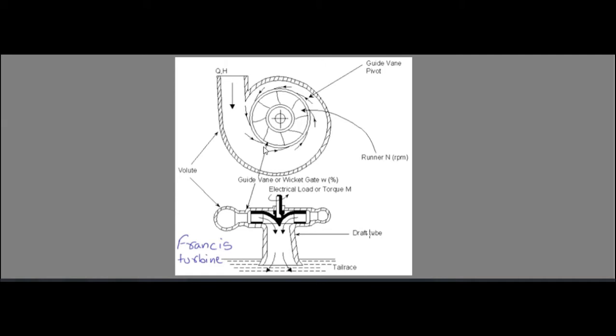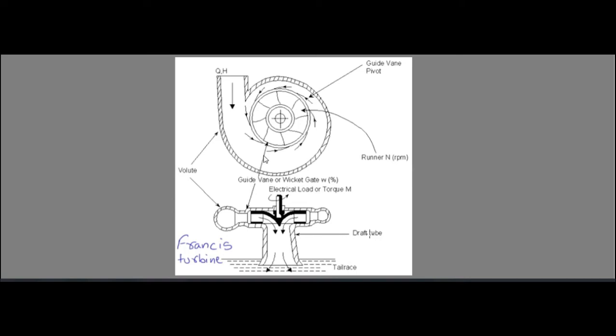Now first it passes through the guide vanes. The guide vanes are the fixed vanes. So these are the guide vanes. These are the fixed vanes, mounted on the stator, meaning the stationary part. So guide vanes are the fixed parts. These are the fixed blades. Guide blades are the fixed blades.